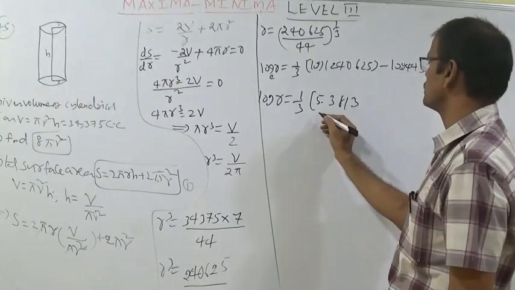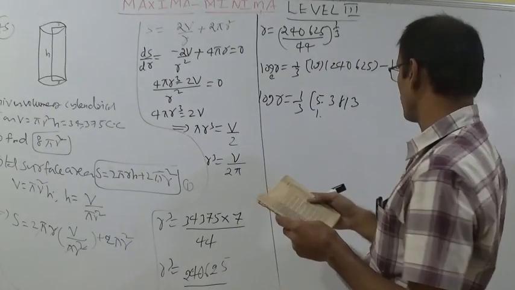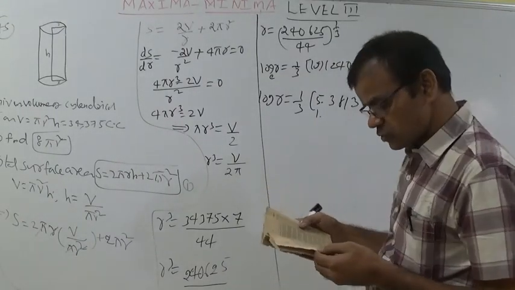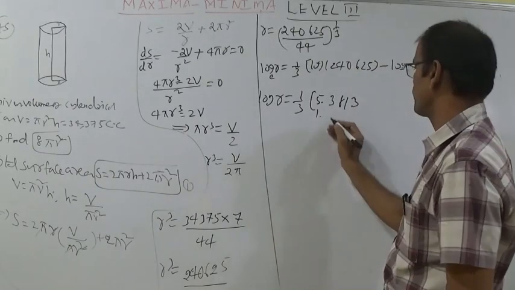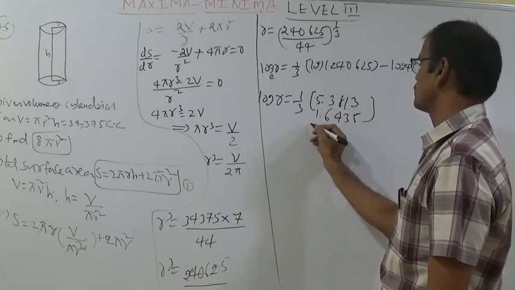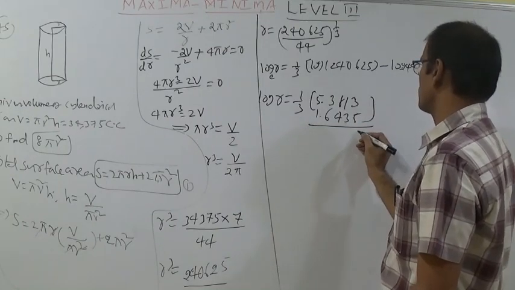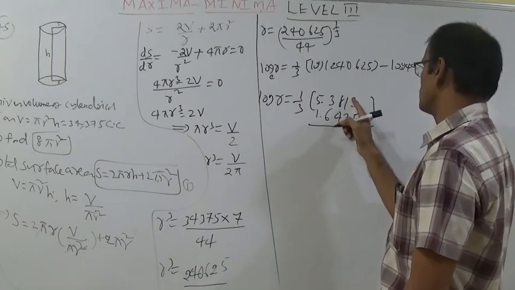Next, this is log 44. 44 has 2 digits, so 2 minus 1, 1 point. Under 44 you should see 0. 44, 06435. This is 6435. Subtract: 13 minus 5, 8.